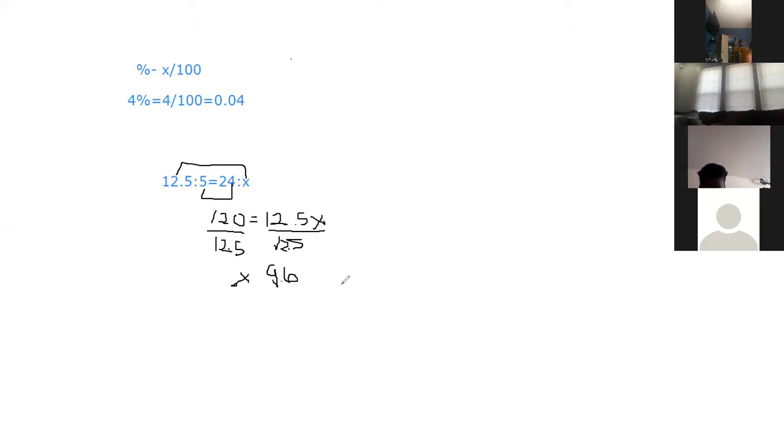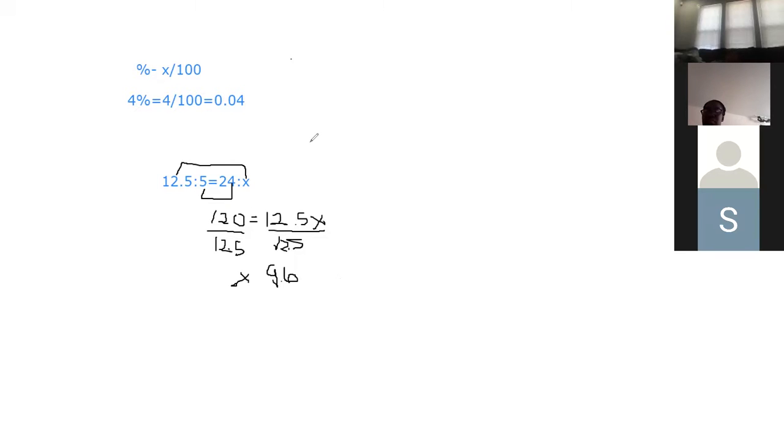Number 11, 1.5 to 1 equals 4.5 to x. X equals 3. Number 12, 2.4. When it's set up like this, so we have